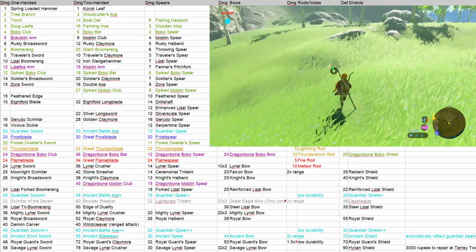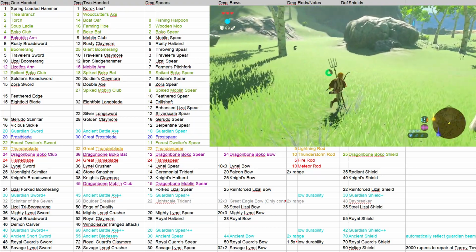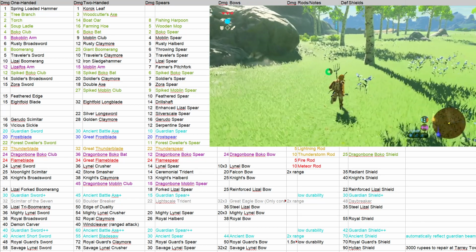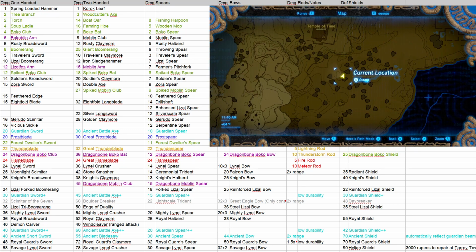I don't actually need a woodcutter's axe, so I'm going to go ahead and get rid of it. Woodcutter's axes are totally optional. I actually think they're terrible items, and I will explain more about what I mean about that later. But anyways, I would highly recommend you get rid of any woodcutter's axe you have and replace it with this